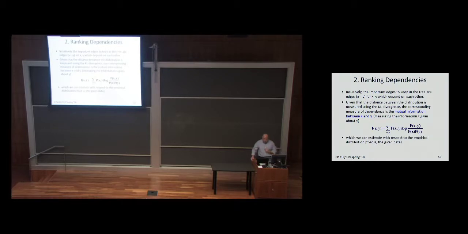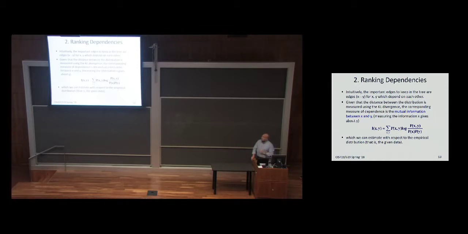So this is how I'm going to define it. Basically the information of x given y, if you want, it's called I of xi, and I'm summing over all pairs, all values that x and y take, P of xy, the joint probability distribution P of xy, times log P of xy divided by P of x, P of y. So you should be familiar with these things. P of xy divided by P of x, P of y determines the dependence between them, right? So if x and y are independent, this is going to be 1.